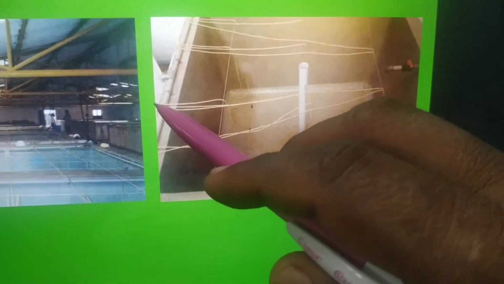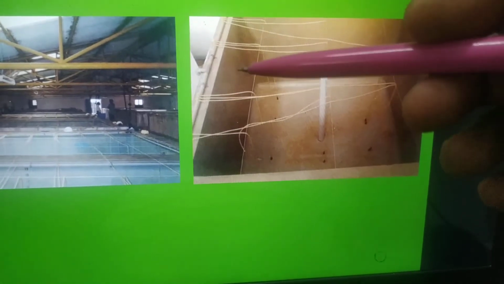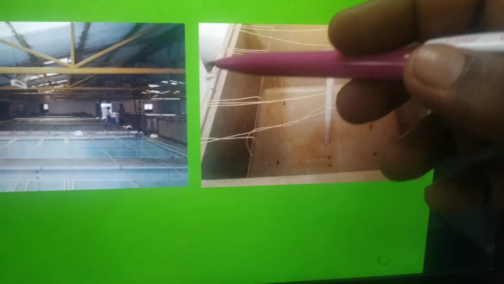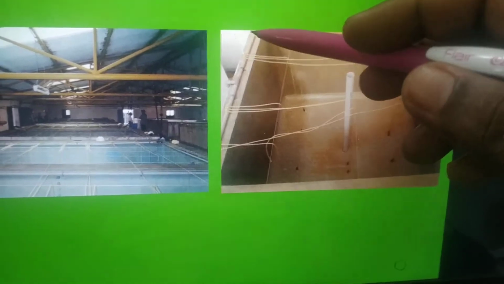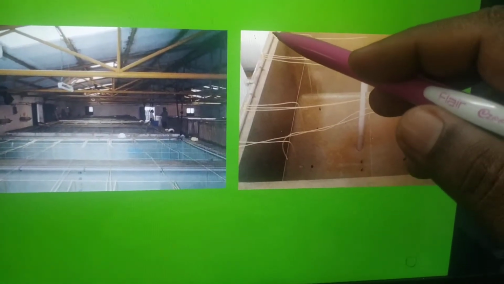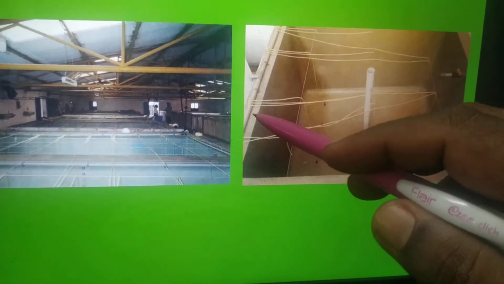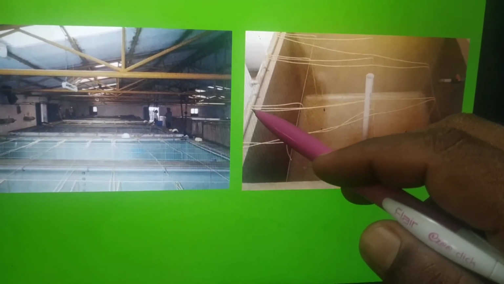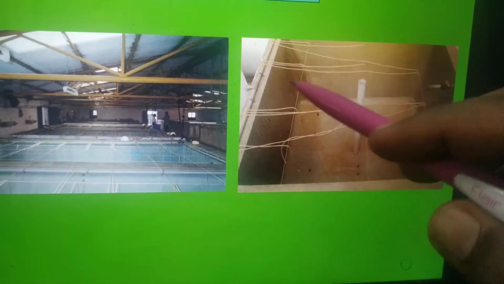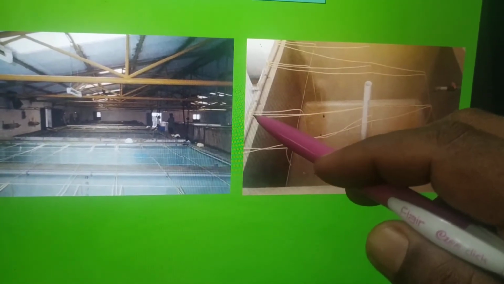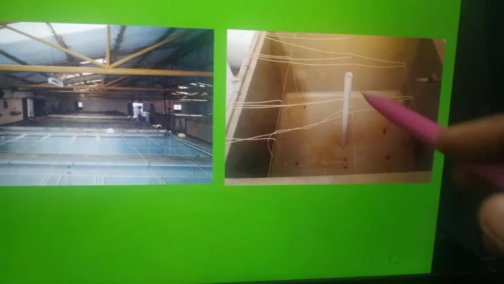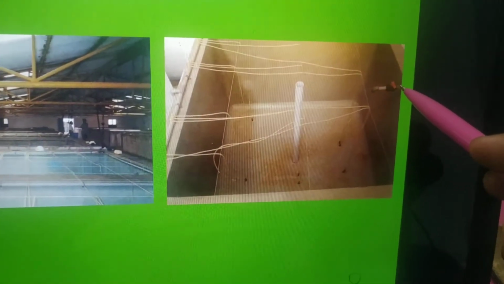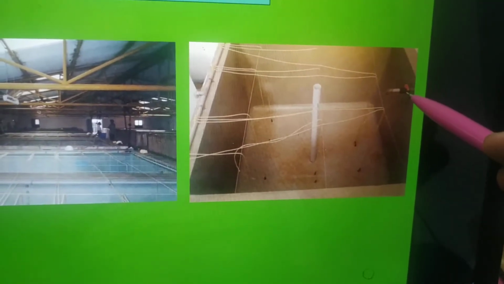Here the control is there. These are aeration pipes coming from air blowers, generally not generators, air blowers. From air blowers, the air is coming through the PVC pipes, and here control is there. It depends upon your requirement. You can increase or decrease the aeration level. Air sources are there and tanks are there. This is water. If you open this, this tank will be filled with this water. This is the water source, water pipe.